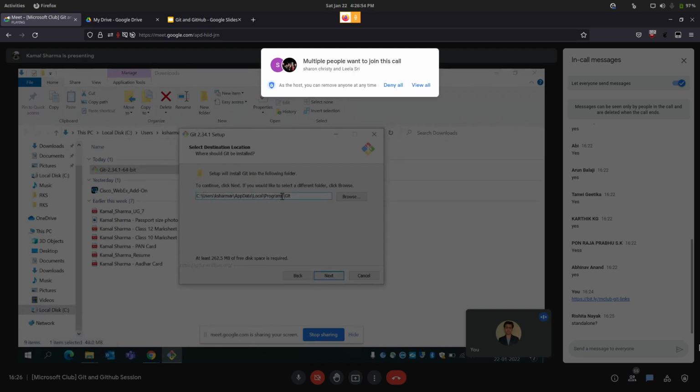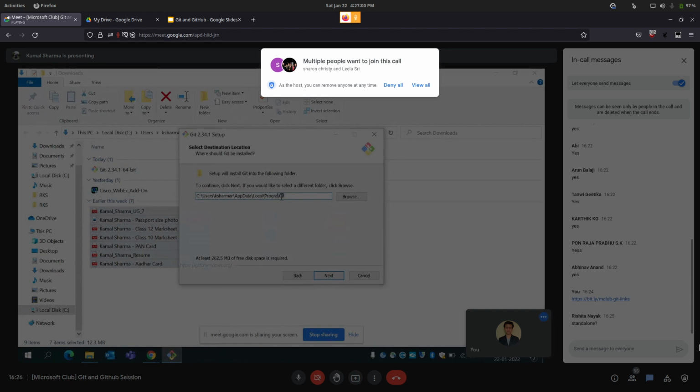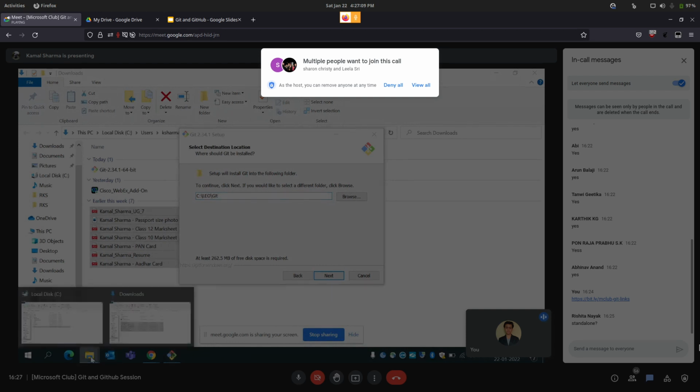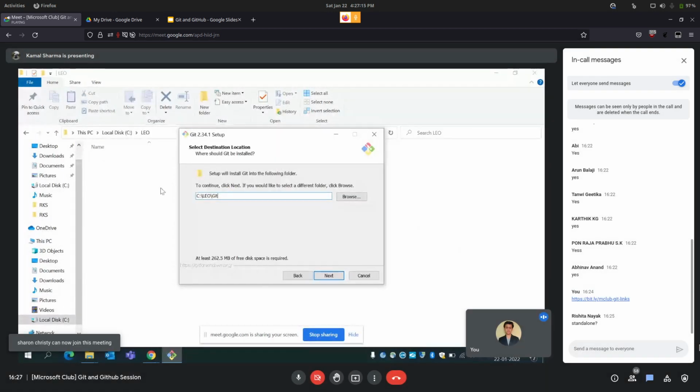Like I said, it will be installing in a default location. Well, I do not prefer doing it this way because it is hard to keep track of stuff in case something goes wrong. So I'm just gonna install it to the Leo folder. I'm just gonna remove all this and type Leo. If I go over to my file explorer, inside Leo, as of now there is no folder. And now if I click on next,